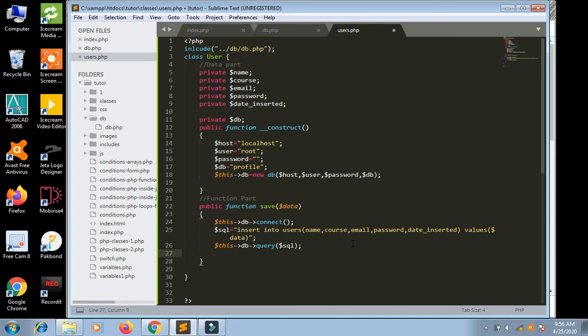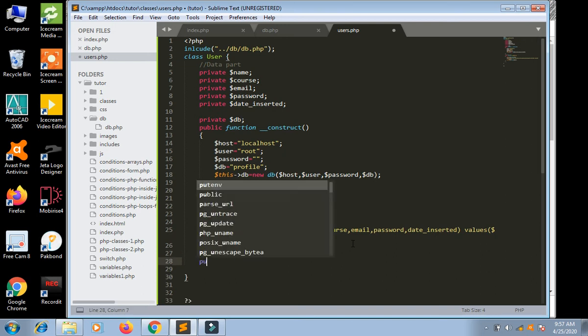Now $query. This query has been executed. The record has been saved. This is our save function.